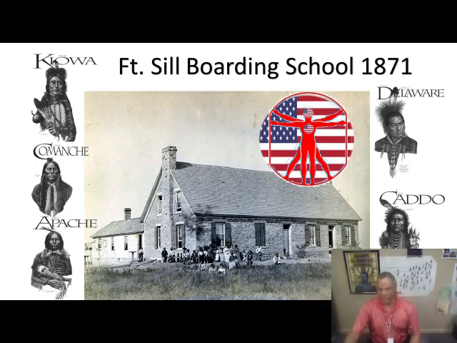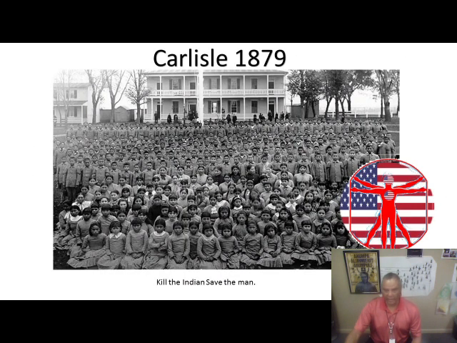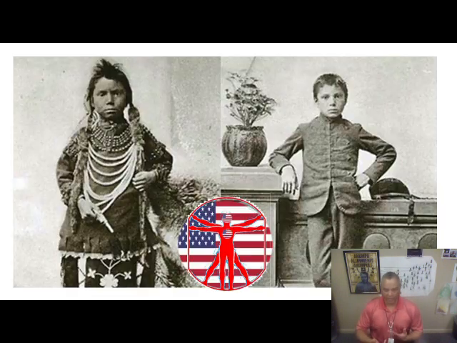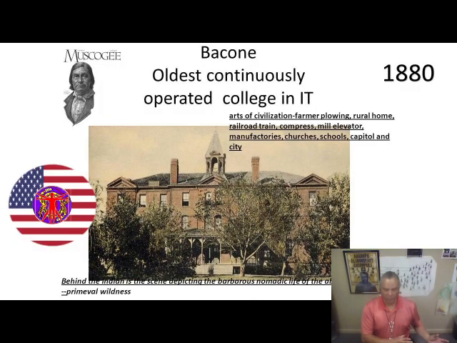The Western tribes face something that is not quite as pro-tribe as was established among the 5 tribes. Fort Sill boarding schools built in 1871. Carlisle in 1879. Kill the Indian, save the man. Really, it's just a horrible assimilation process. See the student here. I mean, they took these pictures at Carlisle to promote that they're going to save the Indian. Bacone moves to what's now Muskogee in